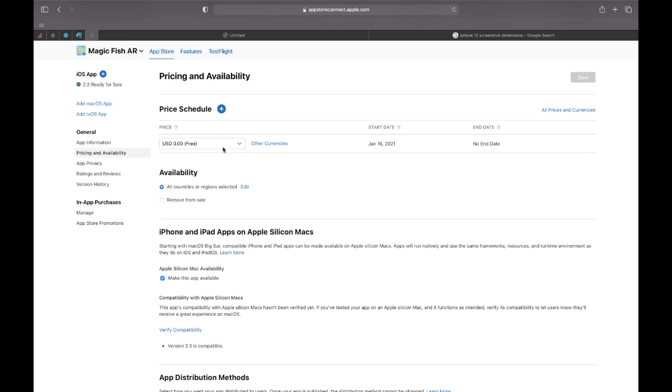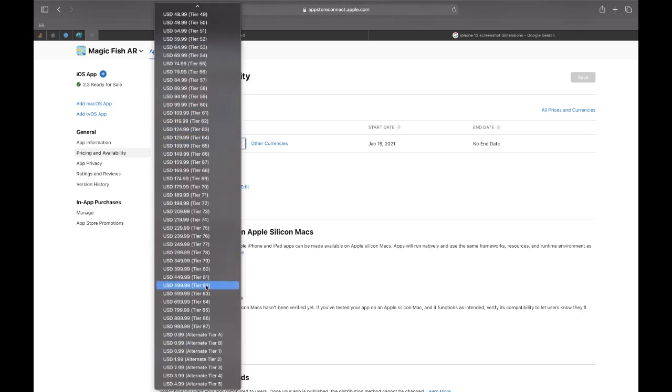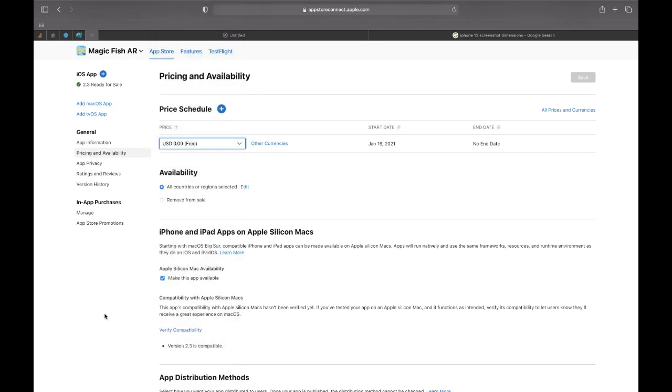So again, the big three are where you can actually decide a price, whether that's free or, I believe for Apple, up to $999. So it's up to you, but again, you have to sell this. Somebody has to buy it. So ideally, make it free and then figure out a way to make money from that.